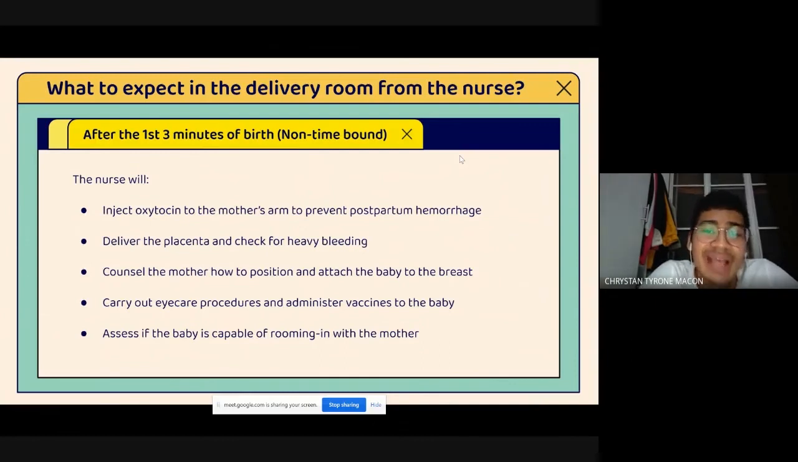So lastly naman, i-assess naman natin ng nurse if pwede ba siyang i-room in kay mother. Kasi merong mga cases na ang baby ay napakalubha at hindi pwedeng isama kay mommy dahil ito ay kailangan obserbahan ng mga nurse. Kaya naman, mahalagang part sa nurse ang i-assess if okay si baby para naman if okay na, pwede na siyang i-room in kay mother